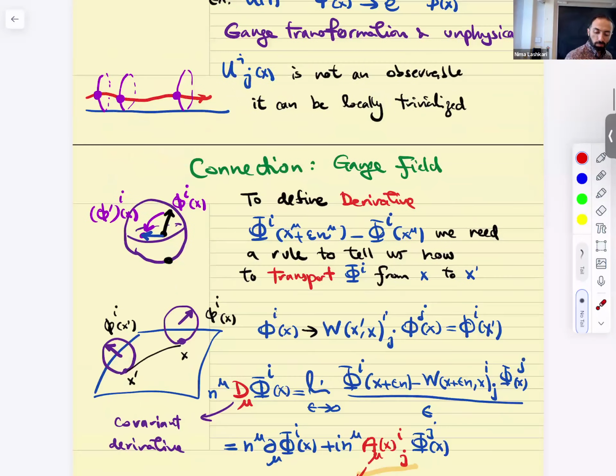Are we considering a single Wilson loop over there, or are we taking two adjacent points and defining Wilson loops on those? Wilson loop is just some transformation rule. It's a function of the endpoint and the initial point, not the path. It's essential: if I want to define a derivative, it should not depend on the path. So it has to be a function of the two points, and smoothness and other properties tell me I can do this expansion.